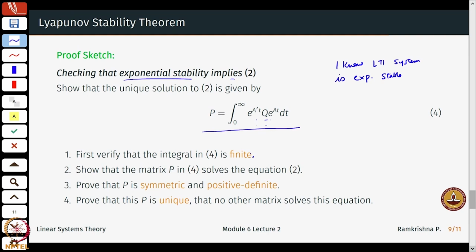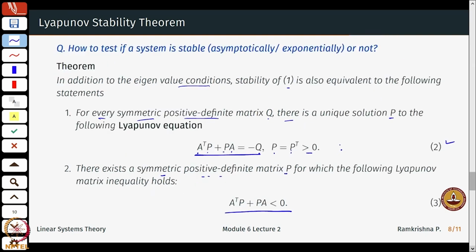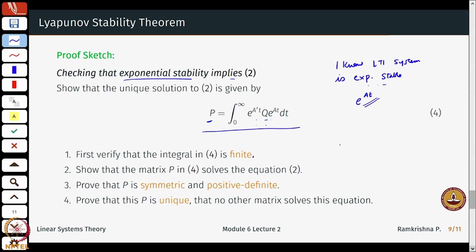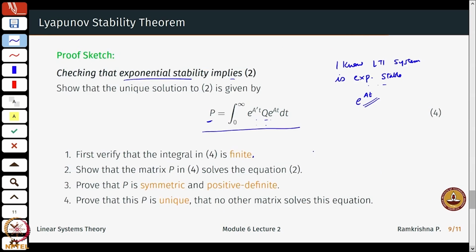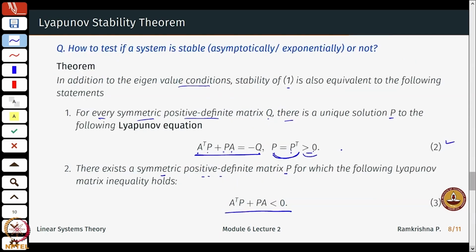Second, I need to show that if the system is exponentially stable, which means e power A t converges exponentially fast and so on, then this P actually solves this equation. Not only that, we also should show this extra property, that this P, whenever it solves that equation, is symmetric and positive definite. Lastly, we also should be able to show that this P is unique, because I am looking here at a unique solution P to this, what I call the